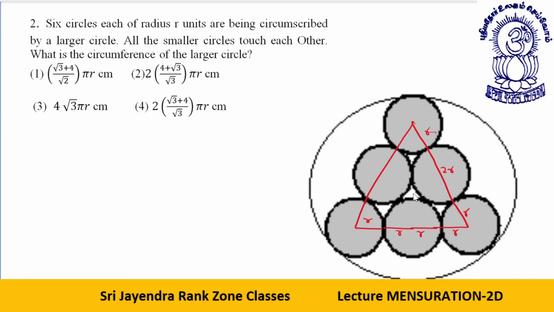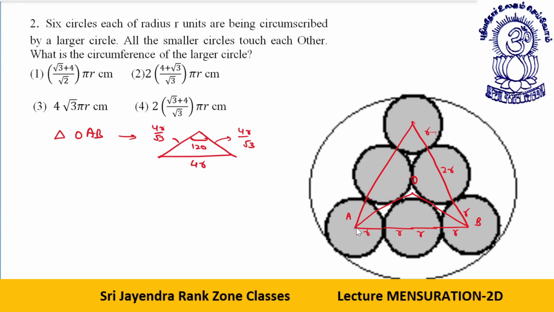Okay, now what will happen? This is the center, dear students. This is the center, this is 4r. So how much this portion will be? This is, let's say, O, this is A, this is B. Okay, I join this triangle. OAB is in front of you. It is like this. This is 120 degree and this is 4r. So this portion will be what? 4r by root 3. This portion will also be 4r by root 3 as per the basics which we have discussed.